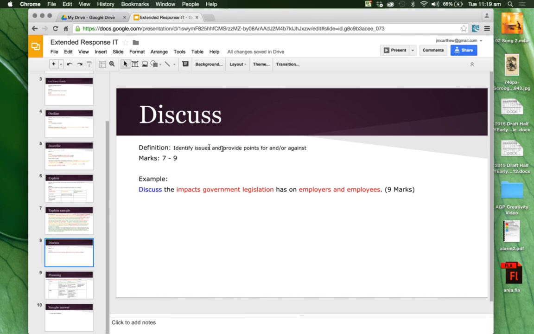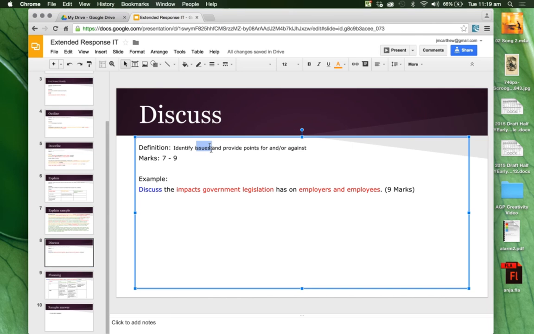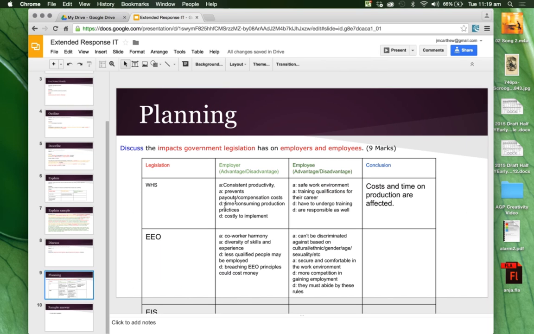The main point is issues, plural, points, plural. So it can't be just one. And when you look at the grid here, you notice that we're making sure we did more than one legislation, we did more than one advantage, disadvantage, advantage, disadvantage, and we're ensuring we're getting full marks there. So going back to my sample answer,